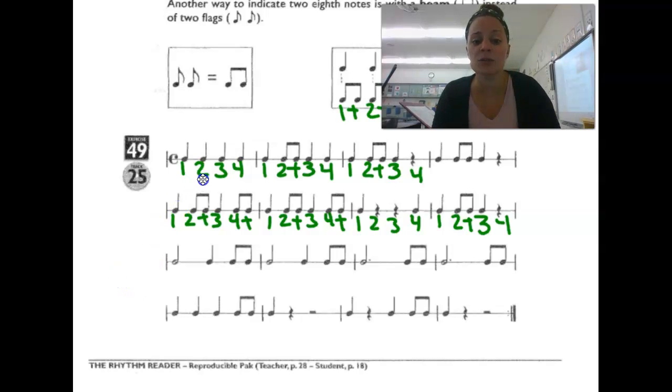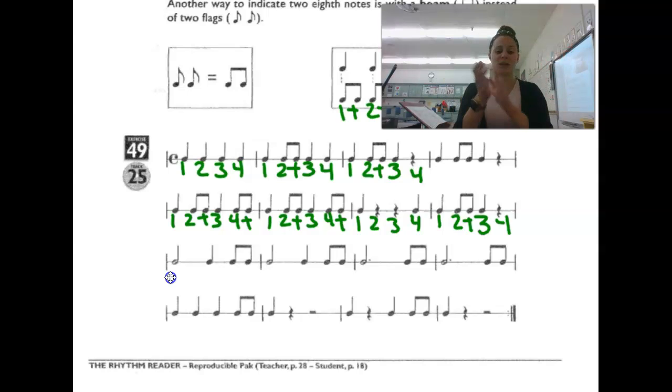Beginning, 1, 2, 3, 4. 1, 2, and 3, 4. 1, 2, and 3, 4. 1, 2, and 3. Second line. 1, 2 and 3, 4 and 1, 2 and 3, 4 and 1, 2 and 3, third line, 1,